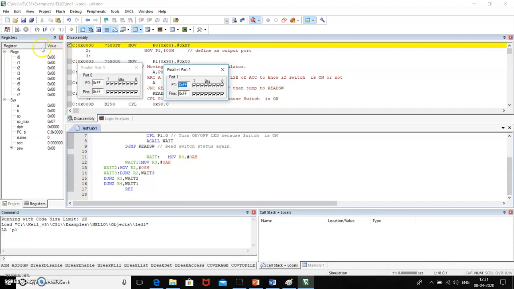So let's check it out. Just start the execution of the program by hitting this run button. Now we can observe logic 1 is present at this pin 0. Pin 0 of port 1 is continuously blinking, that is logic 1, then logic 0, logic 1, then logic 0.